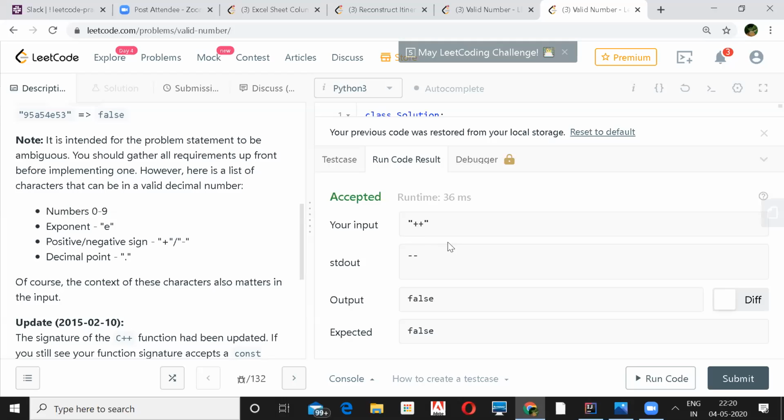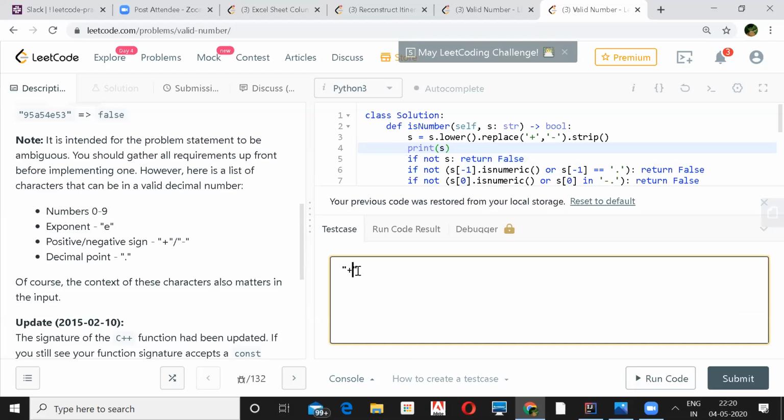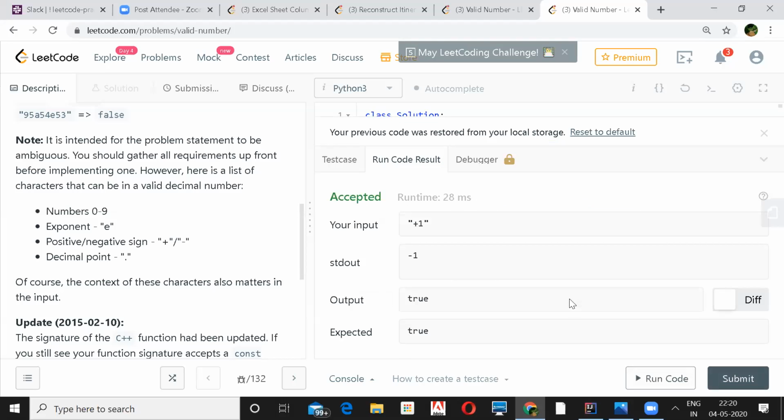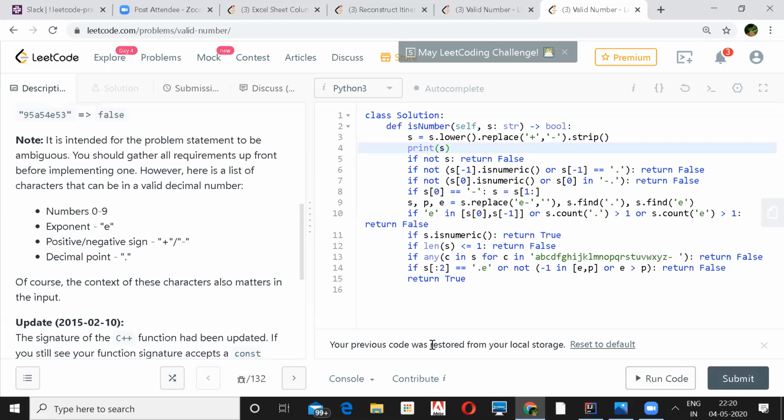Both will be minus. If you have a number like plus 1, it will be minus 1. So you don't need to worry about whether it's plus or minus, you just check whether it's minus or not, narrowing it down. So it's converting to minus only, always.